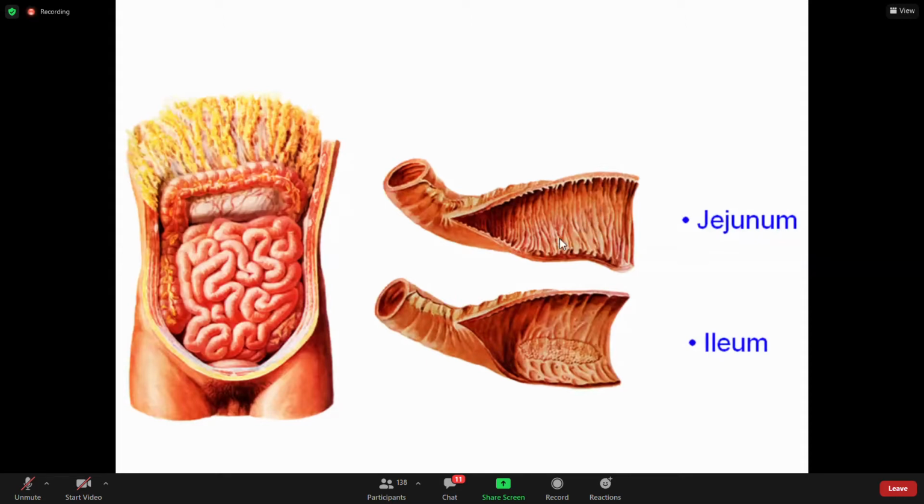They will be large as compared to your ileum. They will be thick as compared to the ileum, and microscopically if you look, they will give an appearance of leaf-like villi, and in case of ileum the structure of villi will be more like finger-like projection. So all these differences you will be able to see in the histology lab when you do the histological practical, but that difference you should remember.